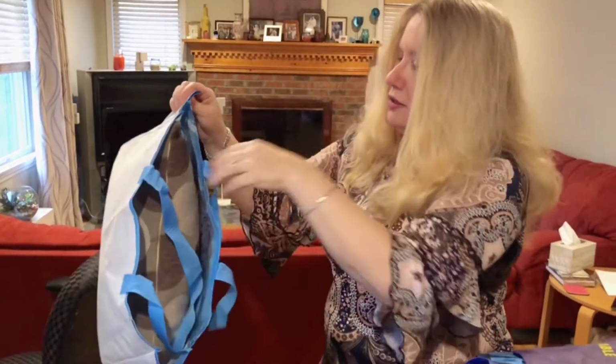Trying to figure out, can you paint on these bags? And I was getting different answers. And I have a ton of acrylic paints. And so I just thought I would give it a try. And so for this one, this was a